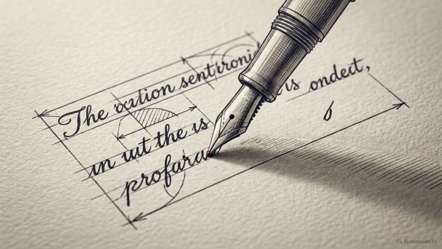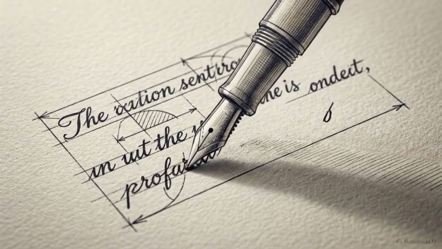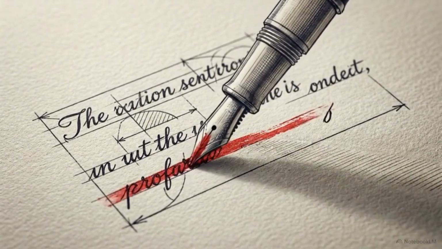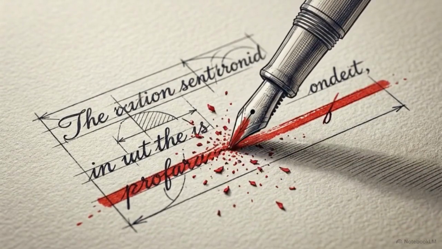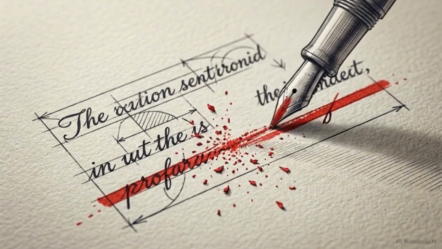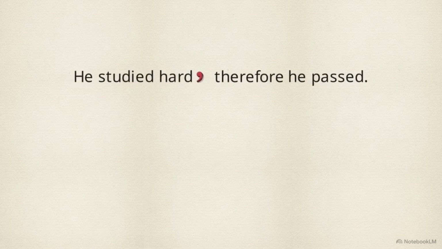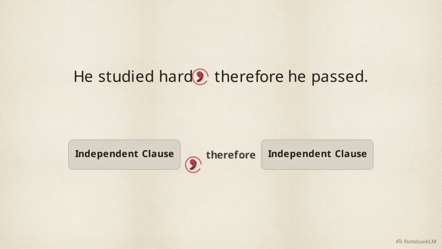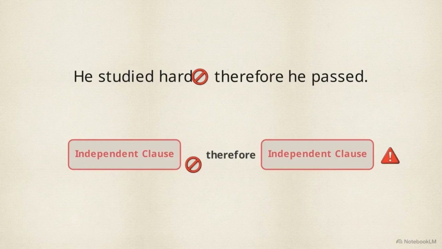A single, seemingly harmless punctuation choice can derail the score of an academic essay before the examiner even finishes the first paragraph. This sentence looks correct to many writers. He studied hard, therefore he passed. However, that mark before the word therefore is a comma splice, a structural error that signals a lack of formal